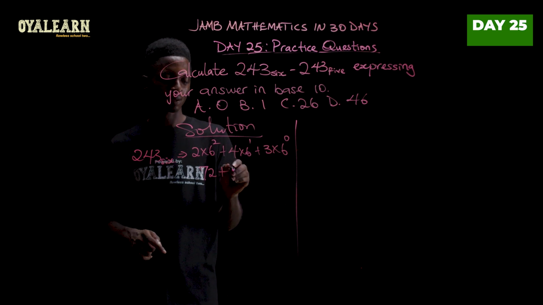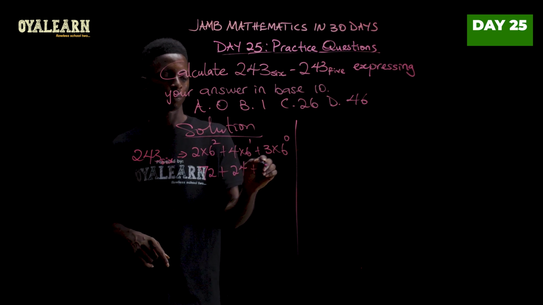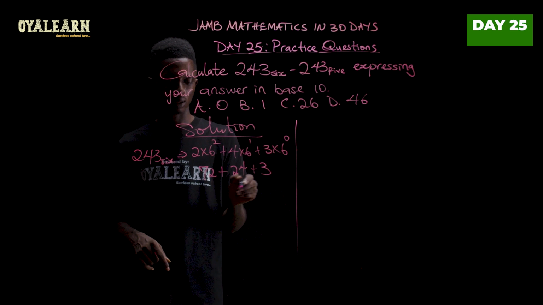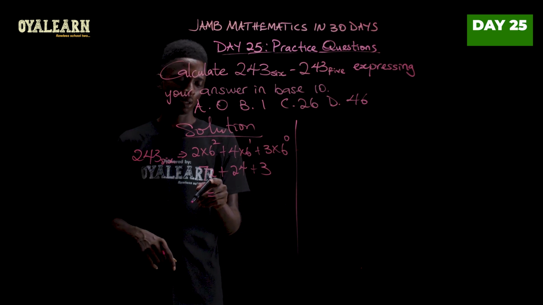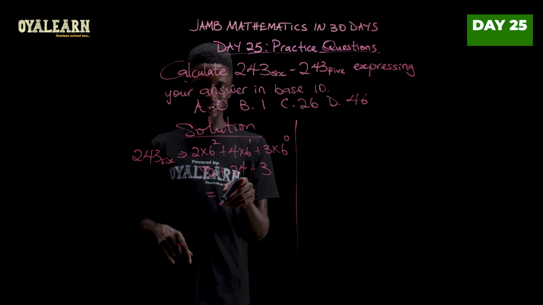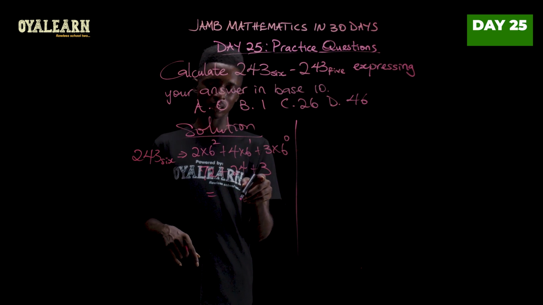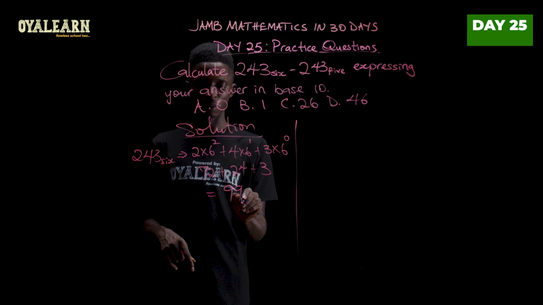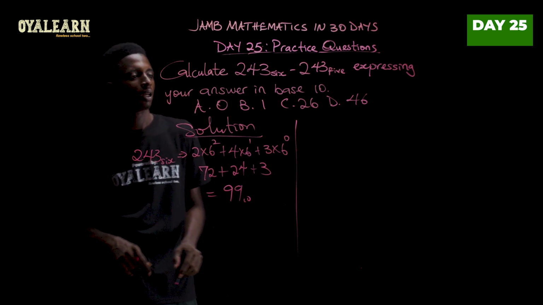Plus 4 times 6, that's 24. Plus 3 times 1, that's 3. So let's add this up. This would give us 96. 96 plus 3, that's 99 base 10. Now we have